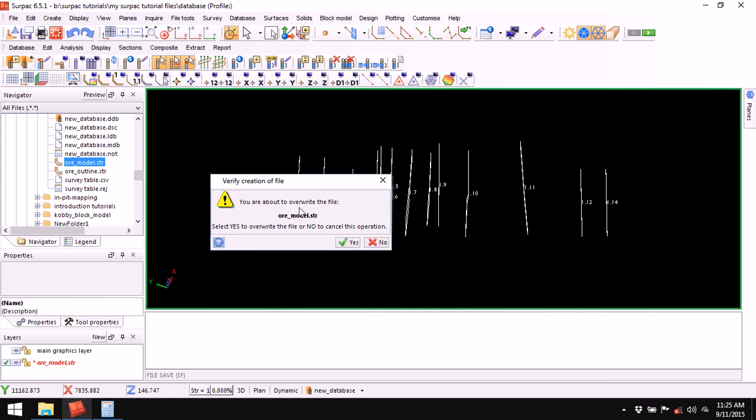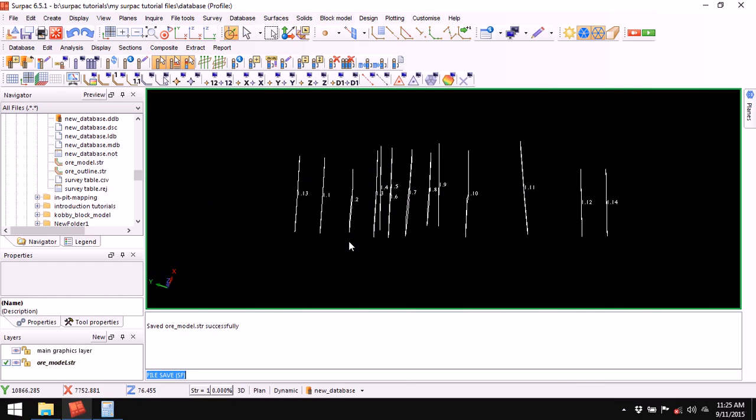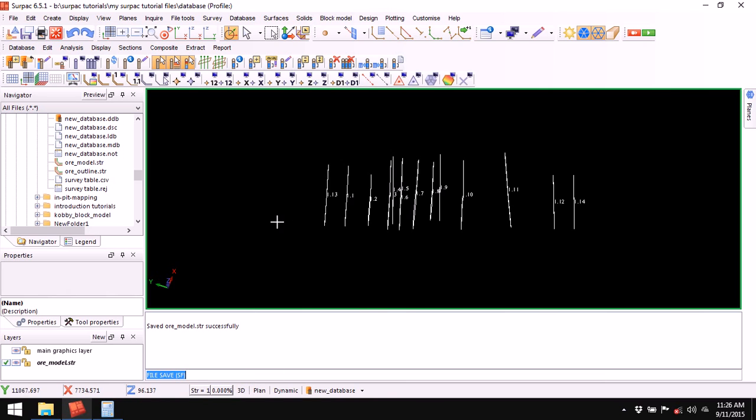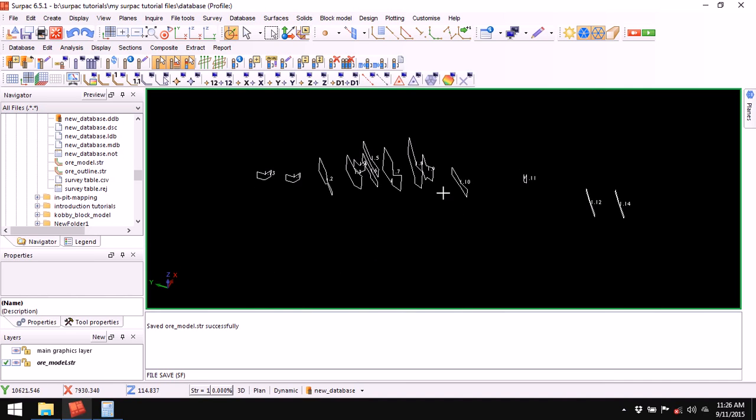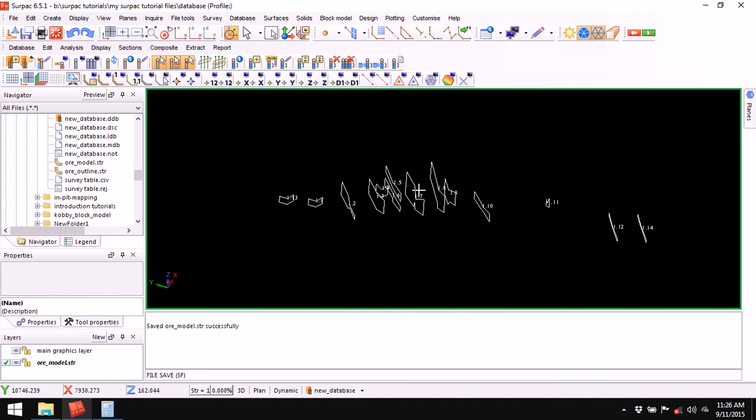So as you can see, you are about to overwrite the file allModel.string. Yes, now the name has changed to black and there is no asterisk. Beautiful. So we have saved the file. So our next task is to clean the string or the segment of defects as a result of digitizing and